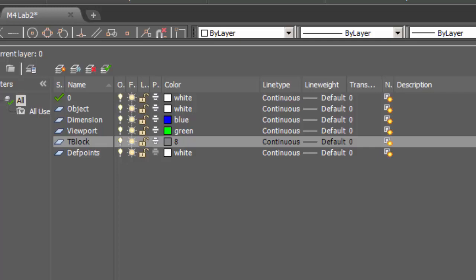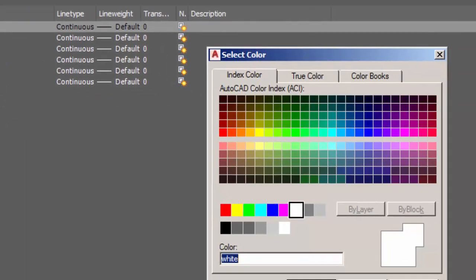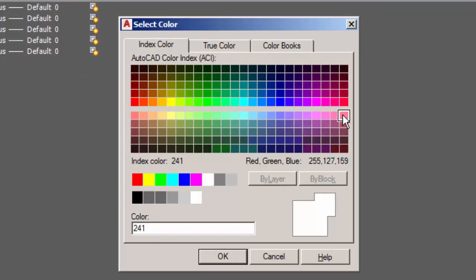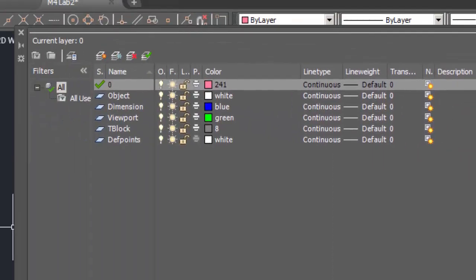I'm going to do one thing here a little bit differently. When we drew this, if you look at our layers here, layer 0 has a green checkbox to the left of it, and it's in white. So when we started drawing here, we weren't too particular about what layer we were drawing on. We probably should have been, but this is what the exercise had us doing. And if I were to change that layer 0 to some kind of a pretty pink color here, and say OK,